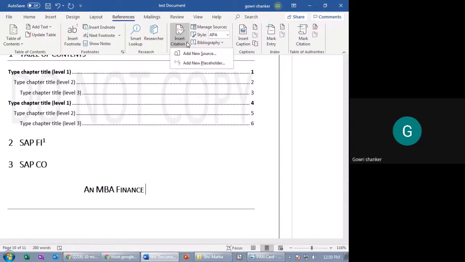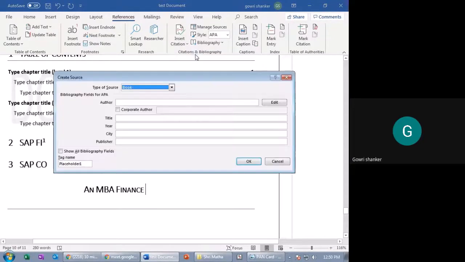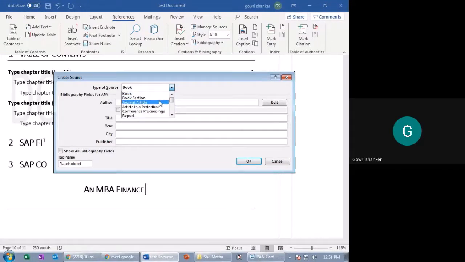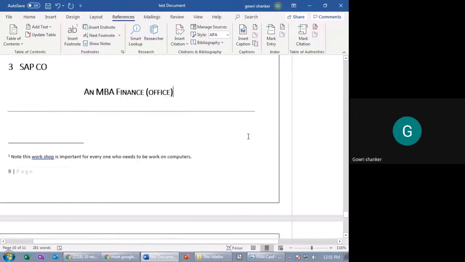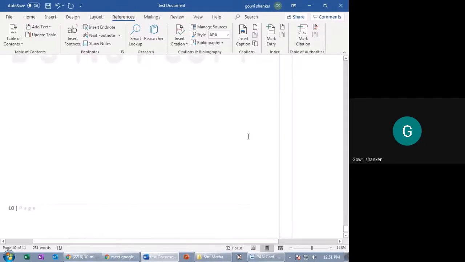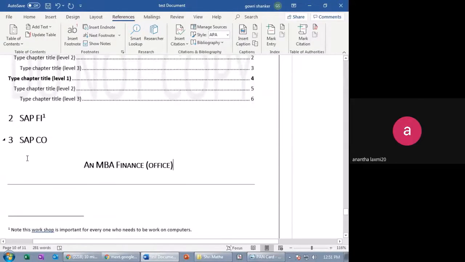Now insert citations. The type of source is book, general article, or report. Whatever you are typing, it's a book, and you want to find the author. For example, MS Office. Students, this is used for your project at the end, for citations, and you also have to give references according to a particular format. But the computer itself shows it, as sir is showing you. Observe it carefully.